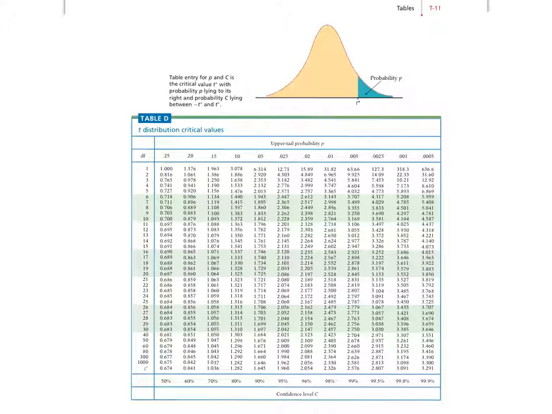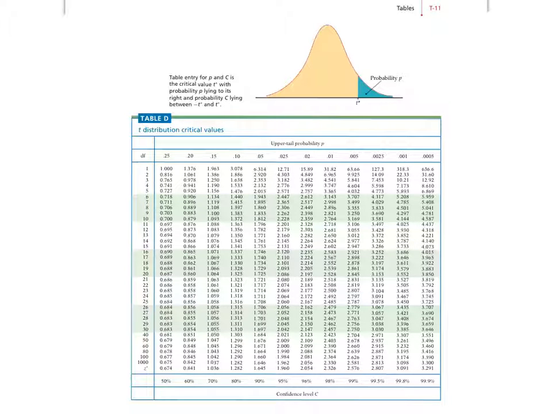Now, as mentioned before, we can't use the z-table when we're doing mean problems. And the main reason we can't do it is that with mean problems, we tend to have a smaller sample size. If we have a smaller sample size, I'm not guaranteed to have a normal distribution, and the z-table relies on us having a normal distribution. So because I have issues with my sample size, a lot of times instead we'll use what's called the t-table